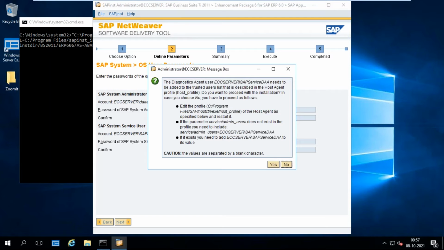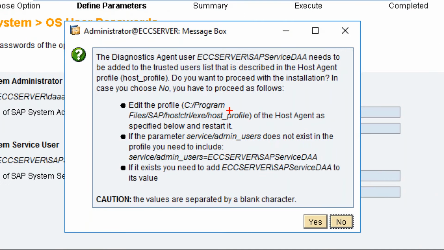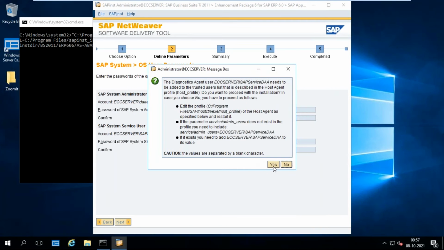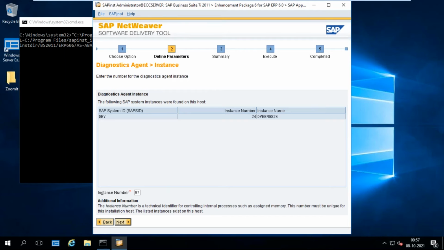So here we got this pop-up window. So do you want to proceed with the installation? In case you choose no, you have to proceed as follows. So just click on yes. Diagnostics agent automatically assigned by the system, that is the instance number 97.